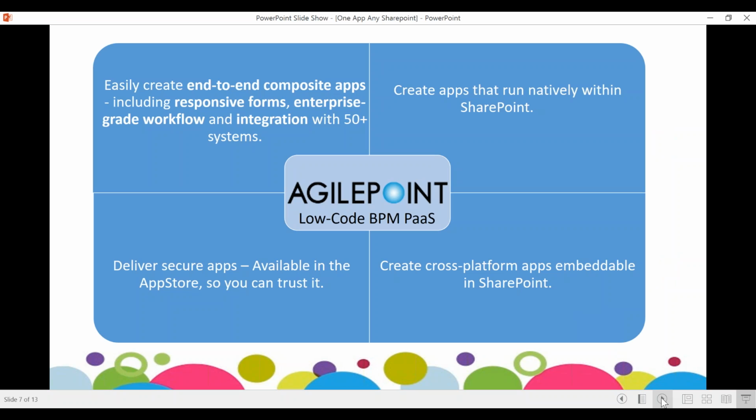So this brings us to what are we going to see today, right? Well, I think some of these we've kind of already touched on already. We'll show a couple of apps that are going to run natively in SharePoint, right? So they're going to run against native SharePoint artifacts, a list or a library. These apps are going to be complete end-to-end applications. So they'll be comprised of a form UI. In some cases, it's going to be SharePoint. In some cases, it'll be a more engaging, more robust AgilePoint form, as well as a workflow engine. So we need to route this process to the different people within my organization to ensure that the right decision points are made.